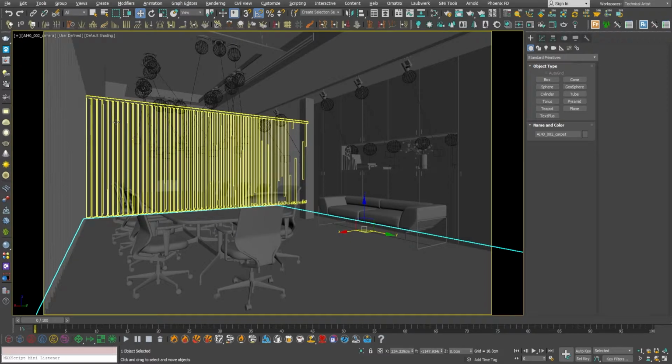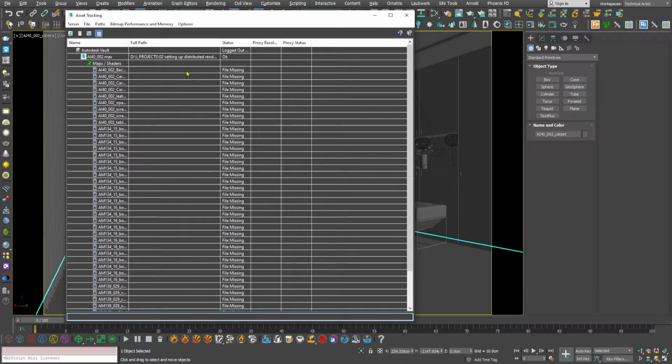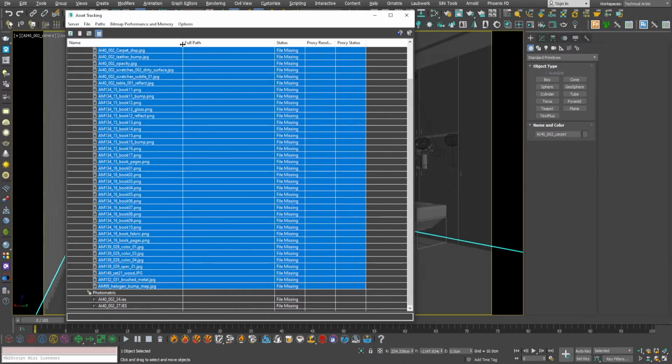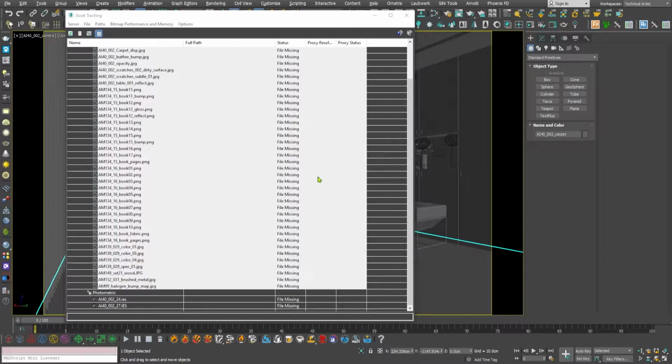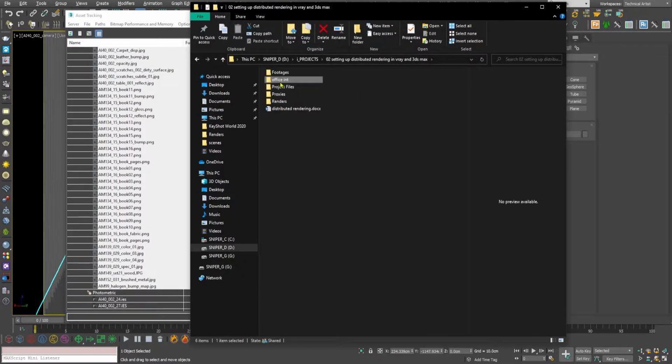So now the first thing that I am going to do is press Shift T, go to the asset tracking dialog box and select all of the textures. To give the network path to these textures, you first need to navigate to the shared folder, and this is the project folder that we want to share.